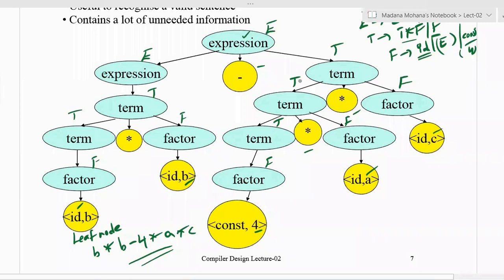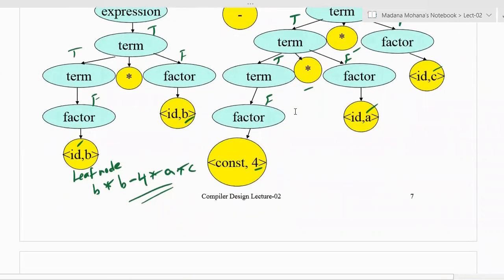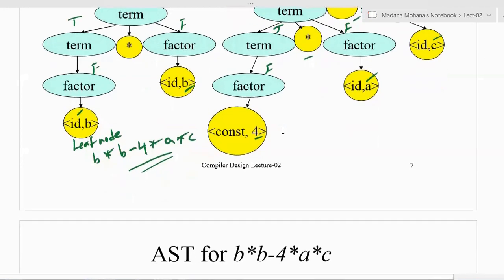This is the derivation tree or parse tree for the string using the algebraic expression grammar. So now here the concept is, syntax analysis produces a hierarchical tree structure, which is called the syntax tree. Syntax tree is different from derivation tree or parse tree.